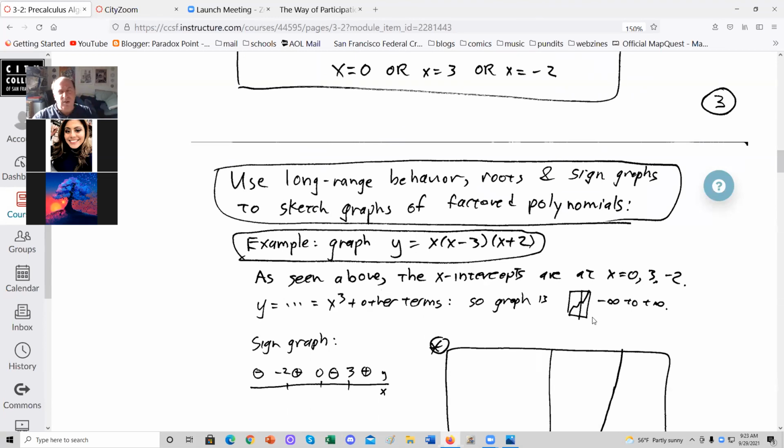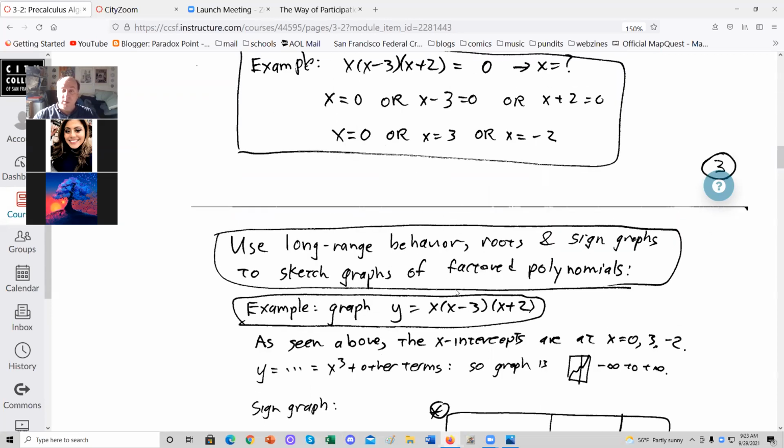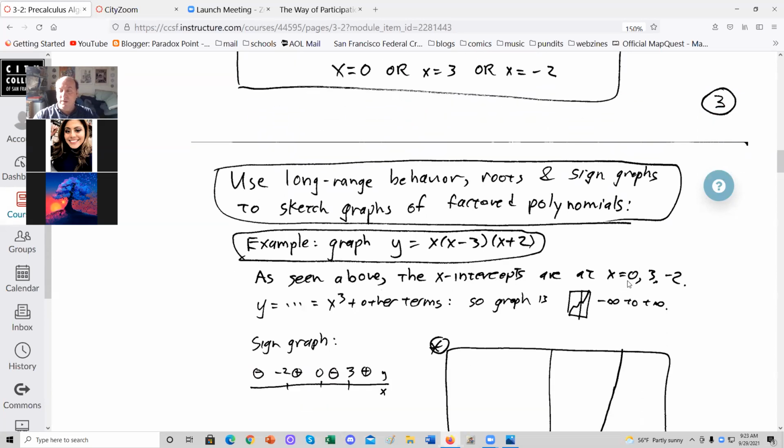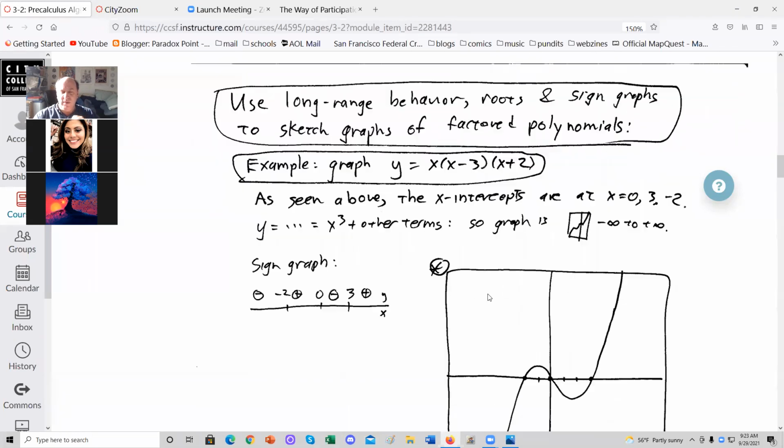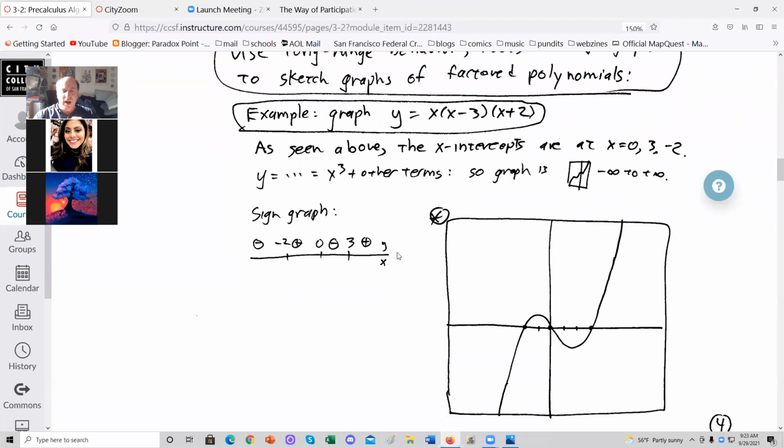We can use this long-range behavior, roots and sign graphs, to sketch graphs of factored polynomials. So for example, this one, y equals x times x minus 3 times x plus 2. The x-intercepts are 0, 3, and negative 2. If you expand it out, y will be x cubed plus other terms, with x cubed having a positive coefficient, and an x to an odd power means it goes from negative infinity to positive infinity. If you make a sign graph of it,